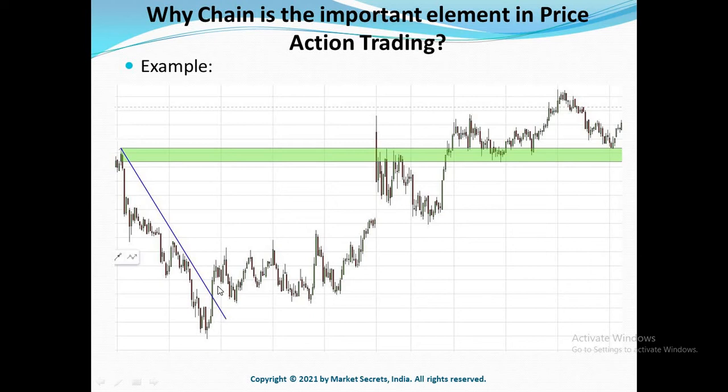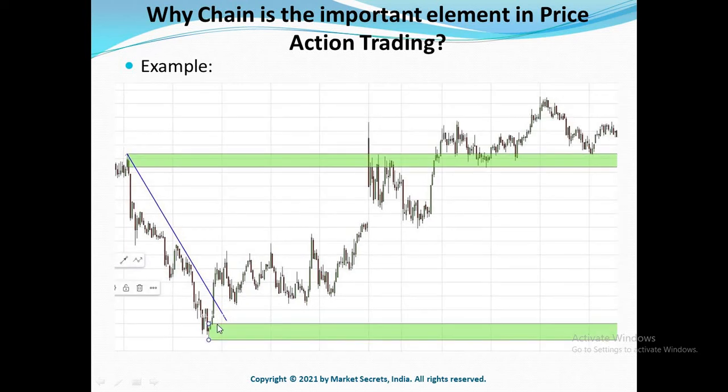So the moment price breaks this trend line, a new demand zone will be created. So once the price breaks this trend line, I will mark a demand zone here and it will be marked as a valid demand zone because it has taken out the trend line. So since the trend line is broken, you can remove this trend line and you can mark a new demand zone here. And once the price breaks the trend line, it continues to be on sideways for almost the whole day and it closed the day at its day's high.